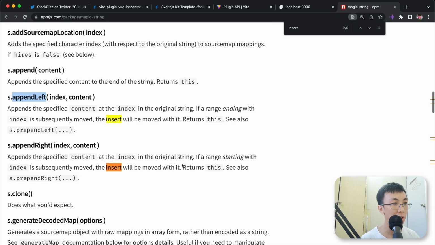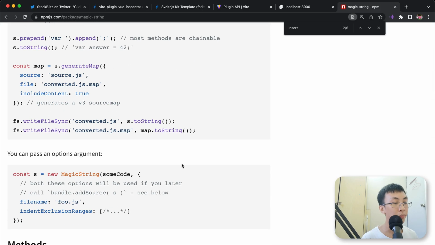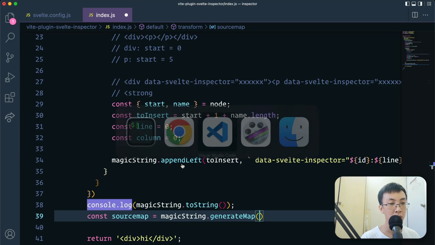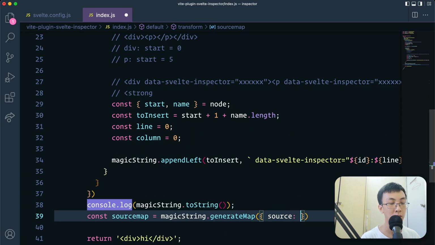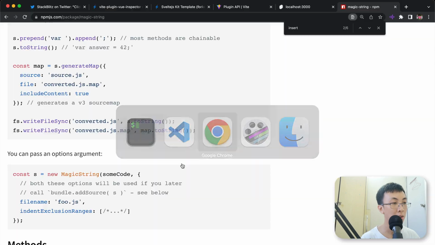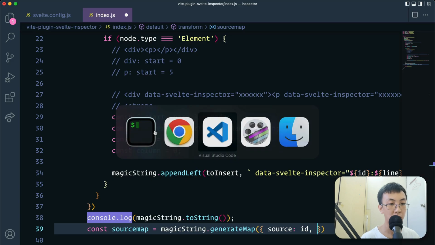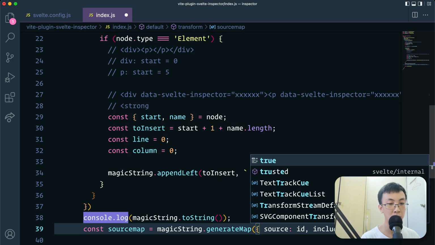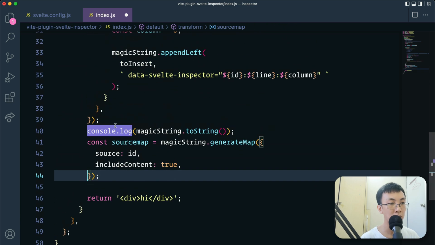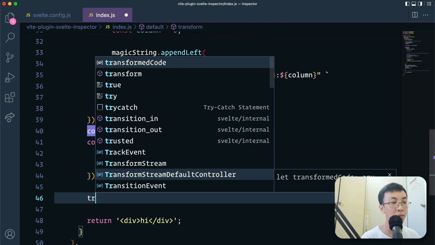Okay, option is the source, right? Source is the ID. Okay, include content goes through. I think something like this, right? This is a source map. And now we can return